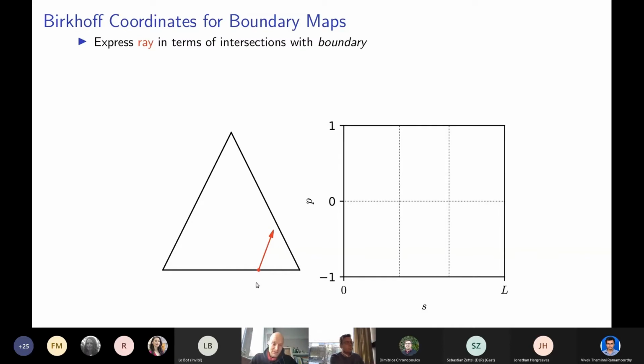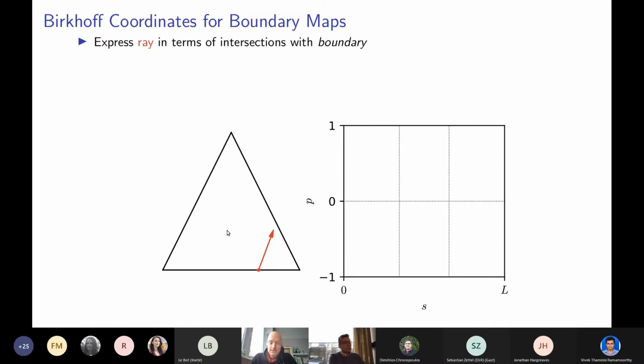Now, one way of describing rays like this would be just to follow it, then have a reflection here, go over here, have another reflection, and so on, and always describe the position of the ray in terms of x, y, and then vx and vy, the two components of the actual momentum of the ray. They all would be indexed by time, and we could follow this ray in time throughout this domain. However, there's a more